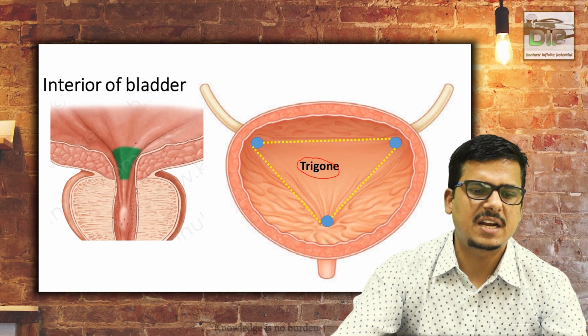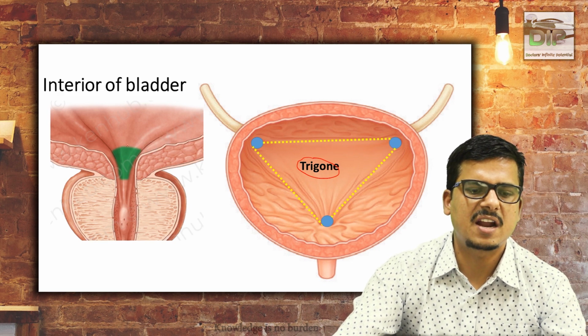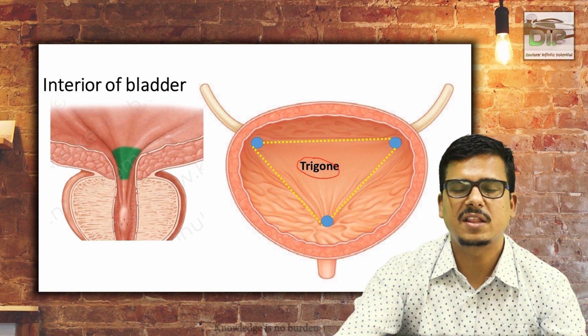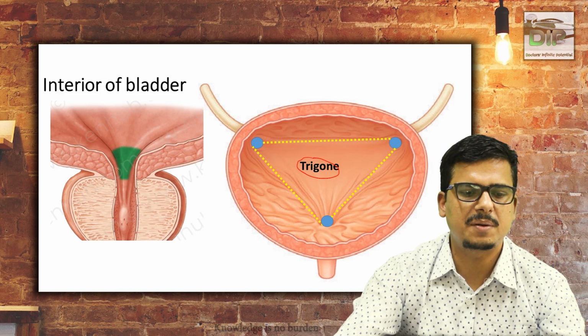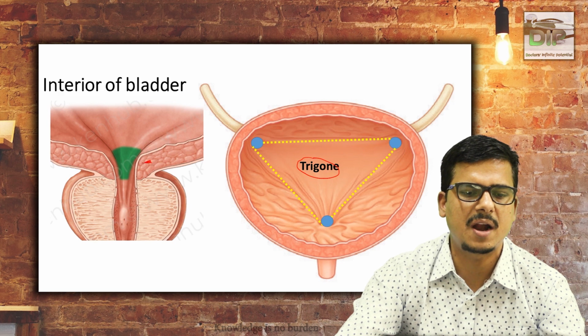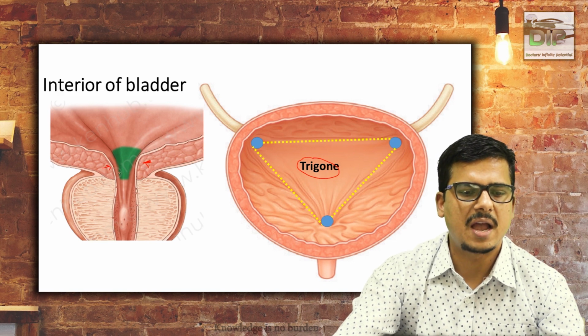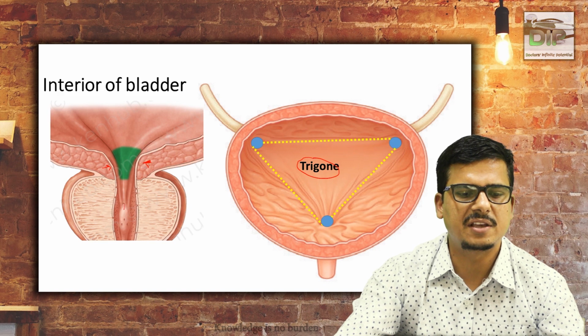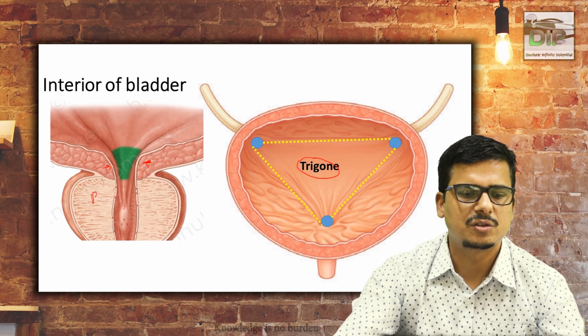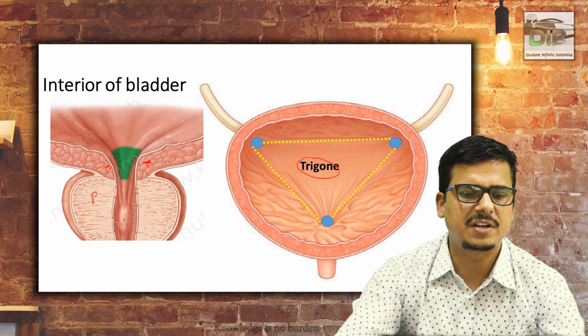This is the interior side of the bladder again. The muscle layer that forms the bladder is called the detrusor muscle. Those detrusor muscles become thick in the lower part of the urinary bladder, in the neck region, where they form the sphincter. This is called the internal urethral sphincter, formed by the thickening of the detrusor muscles. The urine released from the bladder comes to the urethra here, and this is the prostate. So this part of the urethra is called the prostatic urethra.